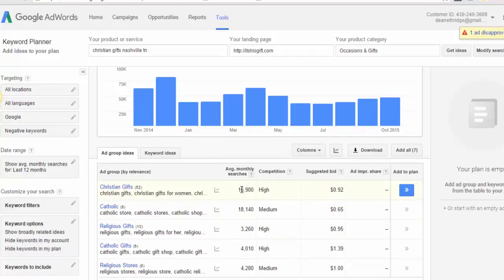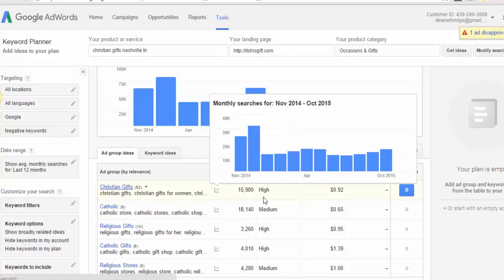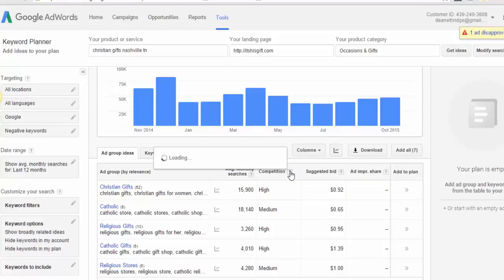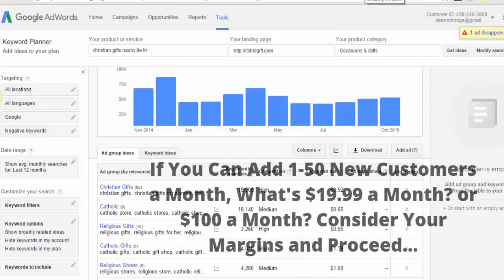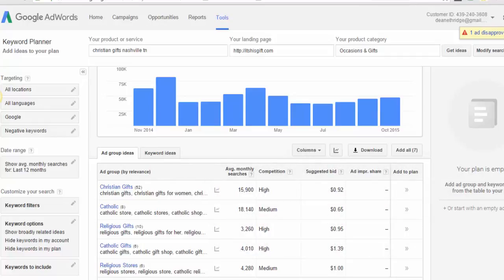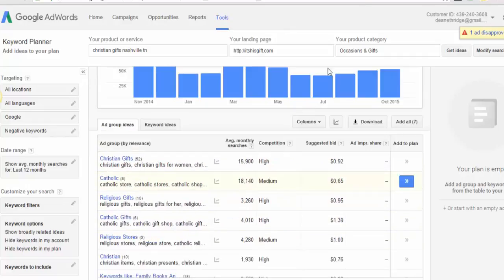The average monthly searches for the competition on Christian Gifts is extremely high. The competition's high, but how high? That's what I want to know. And you'll see in another search tool that I use that I get better metrics and scores of what I can actually rank for. And these things are not expensive in relative terms if you know what to rank for and you start getting traffic. I'm going to teach you how to get specific traffic later, but I want to show you the tools that I use on a regular basis that are great. So I'm just not a big fan of Google Keyword Planner because I don't want to know high, medium, low. That's just not enough information for me.